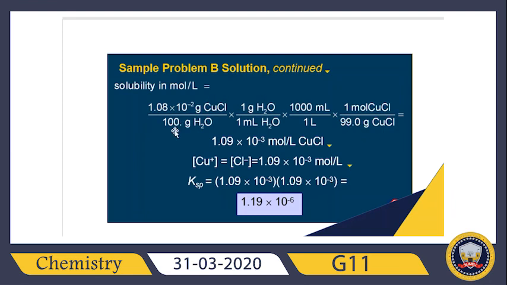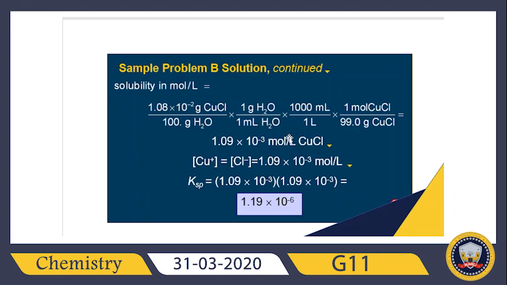Okay, what about, guys, the conversion of the amount of water? We need to convert it from grams to liters. So guys, we need to multiply it by 2 conversion factors. The first conversion factor is to convert grams to milliliters, and then we'll convert the milliliters into liters. Okay, so guys, just follow this plan whenever you have such a question. So at the end, guys, the final value will be 1.09 times 10 to negative 3 mole per liter. This is the solubility of the copper chloride